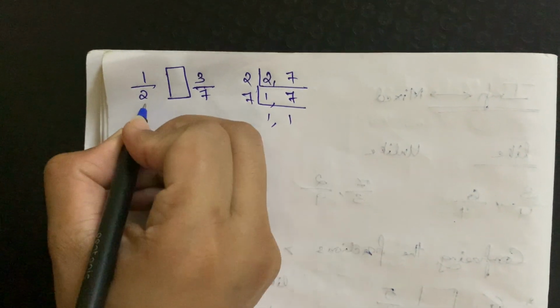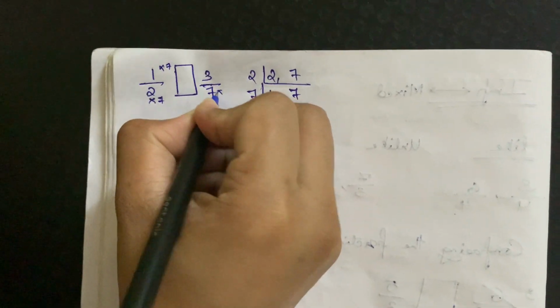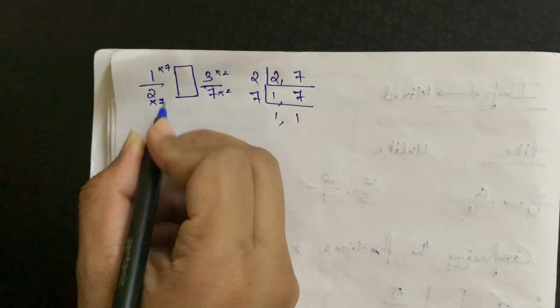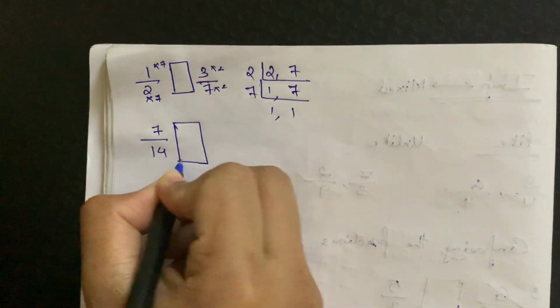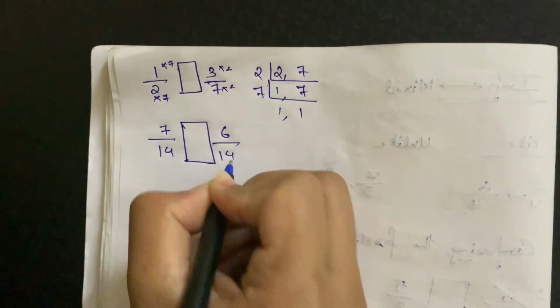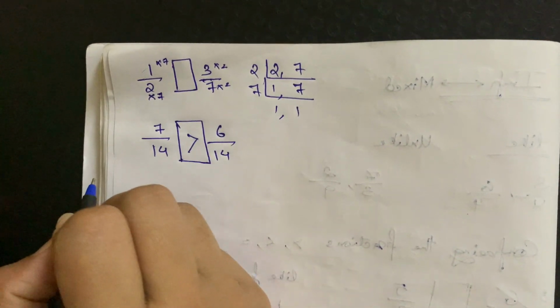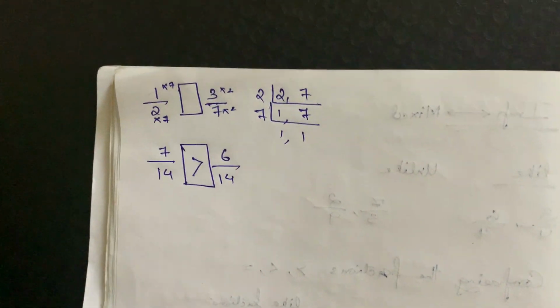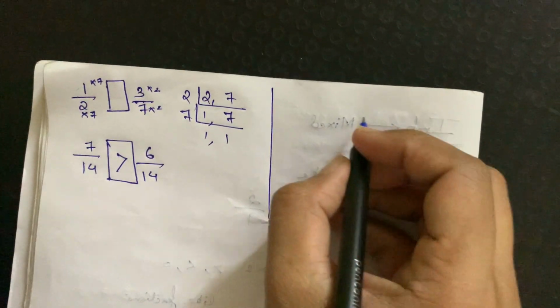So here when I get the 14, that means I have to multiply by 7 and multiply by 2. So that becomes 7 upon 14, and then I have 6 upon 14. Denominators are the same, bigger numerator is the bigger fraction. So this one is bigger than this one is what I get. Okay, likewise I have another one wherein